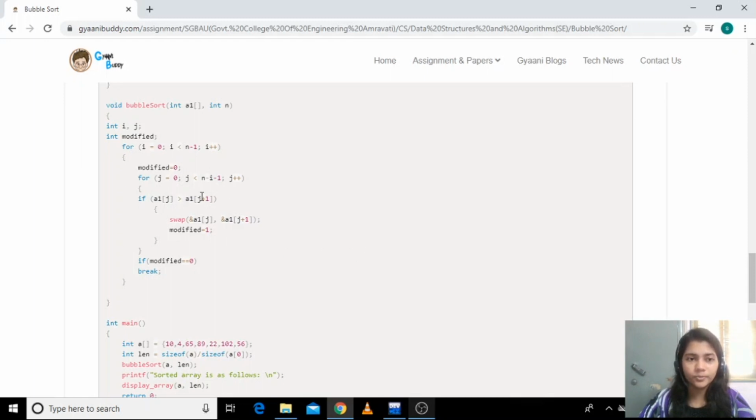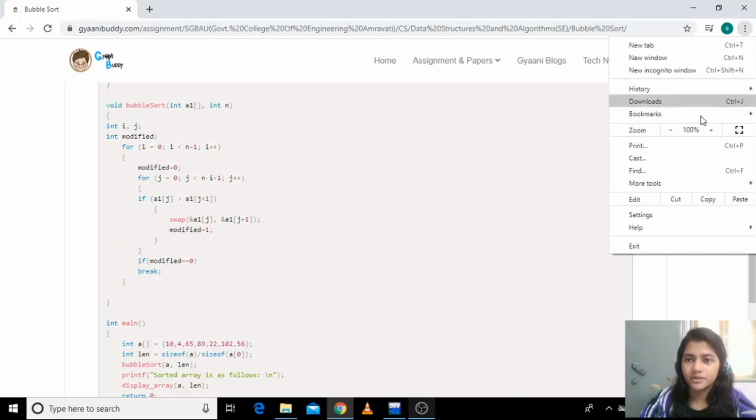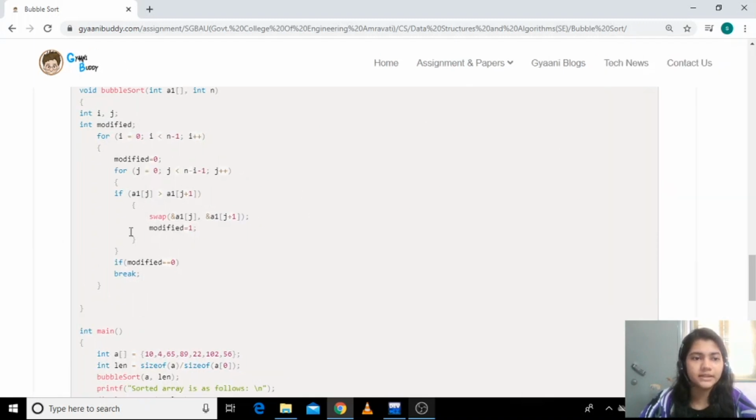Let's see the inner loop now. So for j equals 0, j is less than n minus i minus 1, j plus plus, and if a of j is greater than a of j plus 1, we have to swap. So what is being done here? Let's zoom in first. So what is being done here is, I am traversing the array from left to right, from 0th index to n minus 1 index, and I am checking each adjacent element pair. So first I check the 0th index and first index, then I check first and second index, and so on, to check n minus second and n minus first index at last.